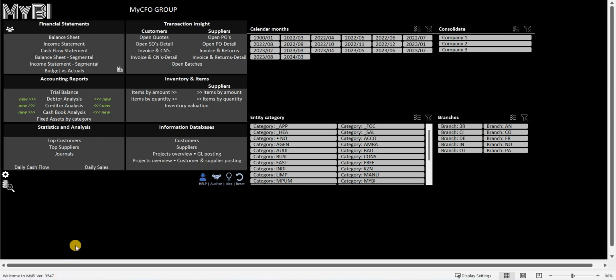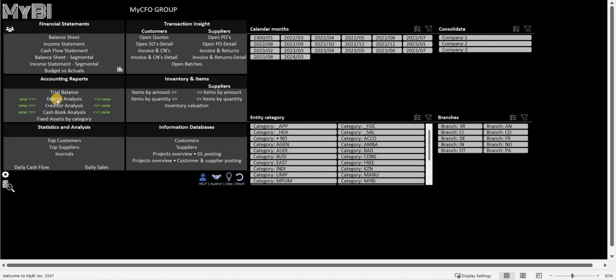3.547. Alright, so we've launched the app on the 25th of July 2023, and some of the new features are working capital related. So we are very passionate about working capital. That ultimately drives a business's cash and its ability to service a day-to-day need. Right, so you also see that these new features are highlighted in these green arrows, and